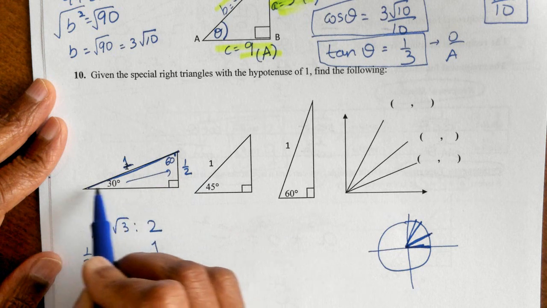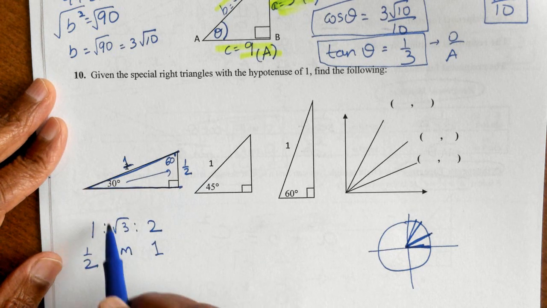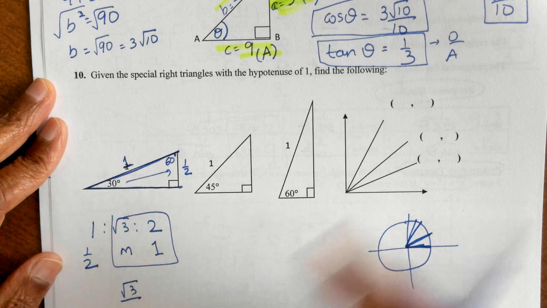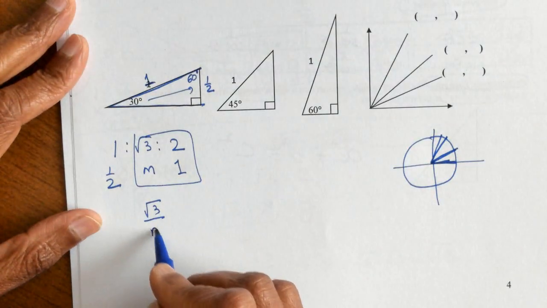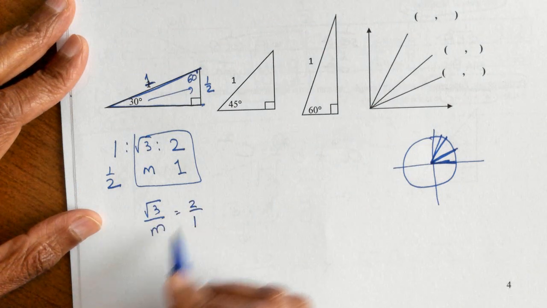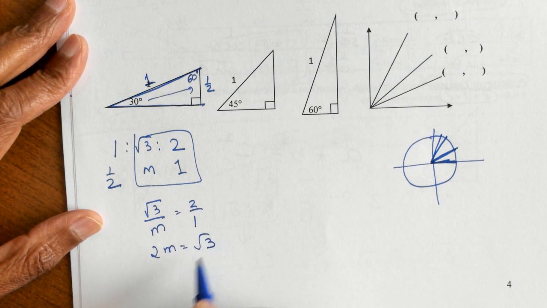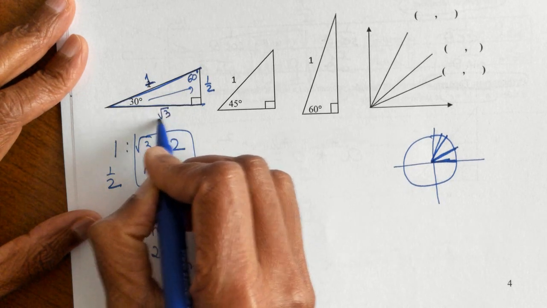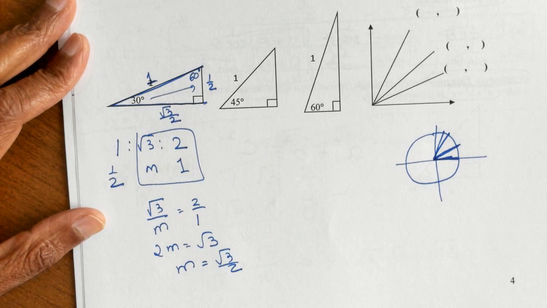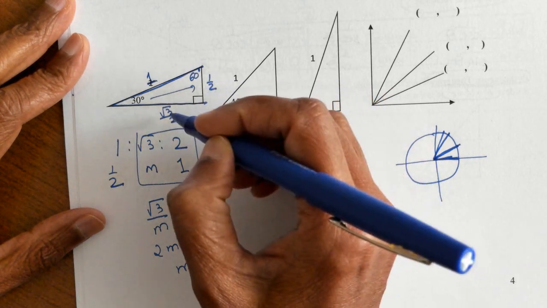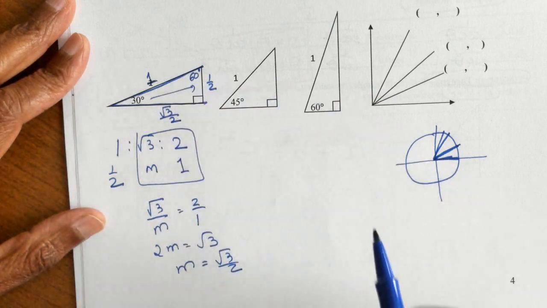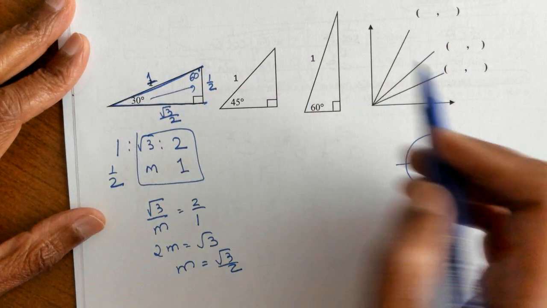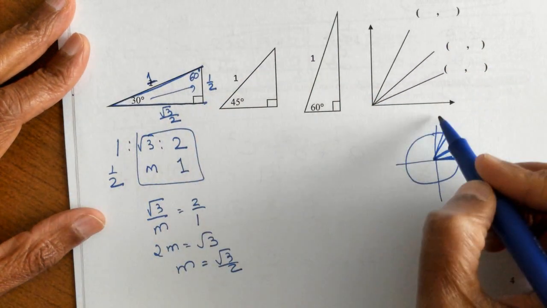So what does that make my medium size? Let's just call it m. So I can set it up as a ratio. Square root of 3 over m equals 2 over 1. So 2m equals square root of 3. So m equals square root of 3 over 2, and that's what this is going to be. So my three sides are half, small side, square root of 3 over 2, medium side, and the hypotenuse is 1. And there'll be similar work on the remaining triangles,